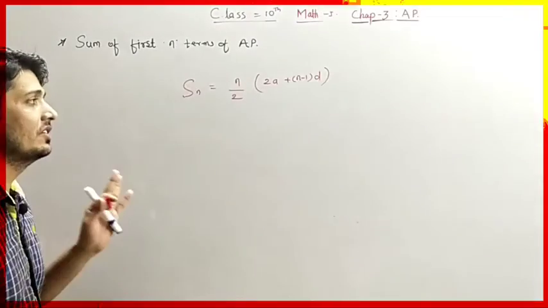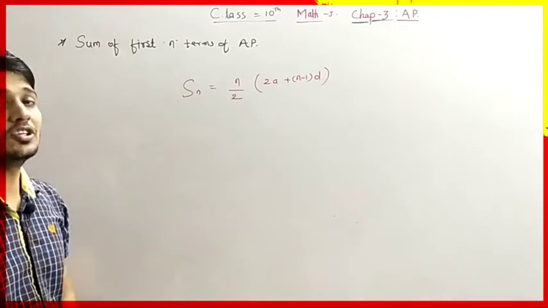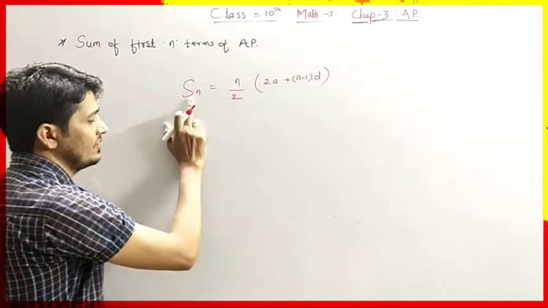This is the formula for calculating the sum of first n terms, where Sn